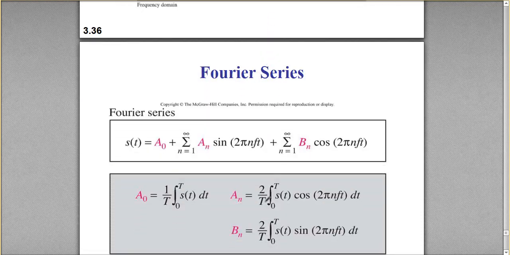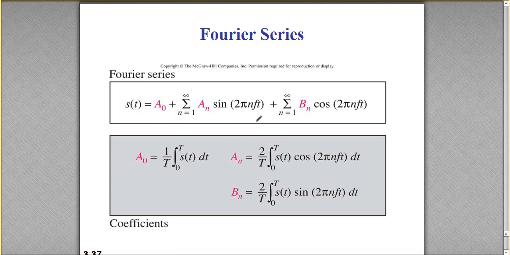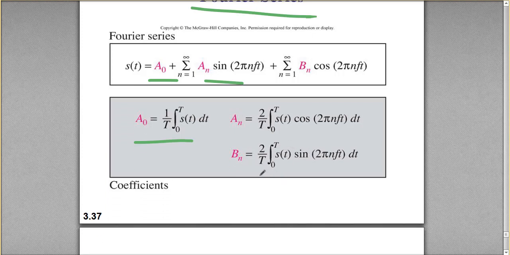For the first case, that is, for a periodic composite signal where we have calculated the Fourier series, the elements of the resulting Fourier series can be classified into 3 categories. These are A0, which represents the average value or the DC value; An, which represents the coefficient of the cosine components; while Bn represents the coefficient of the sine components. Now, how have we derived these coefficients and what does each one of them mean physically? All this has been explained very beautifully in a video that I have posted on the class website. So please go through that video after finishing this lecture.